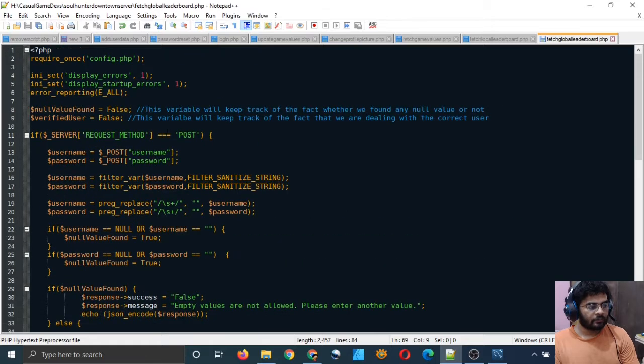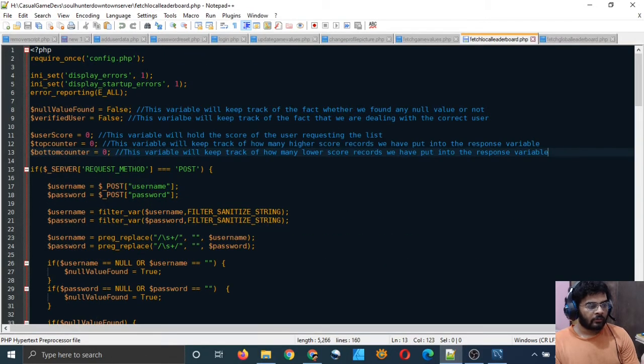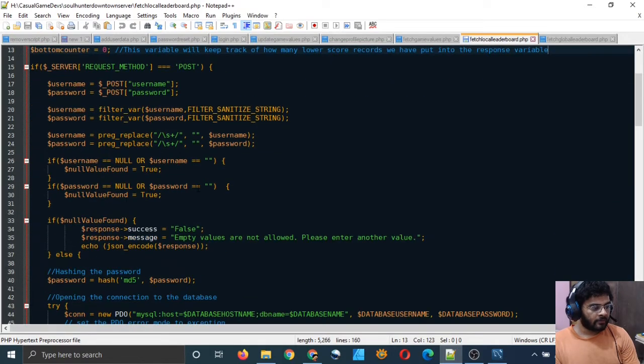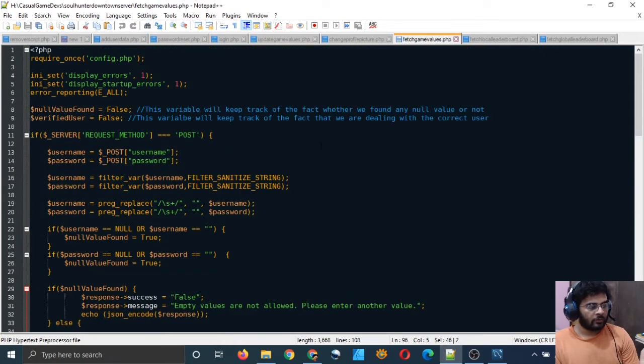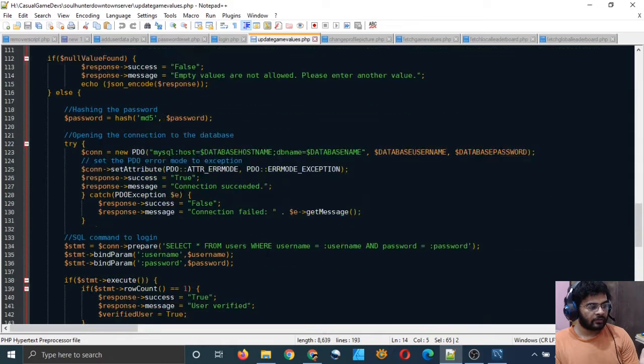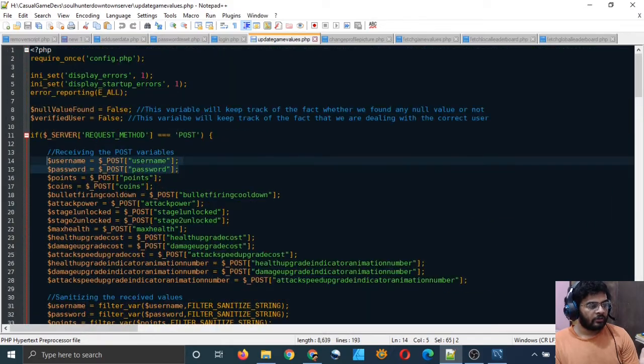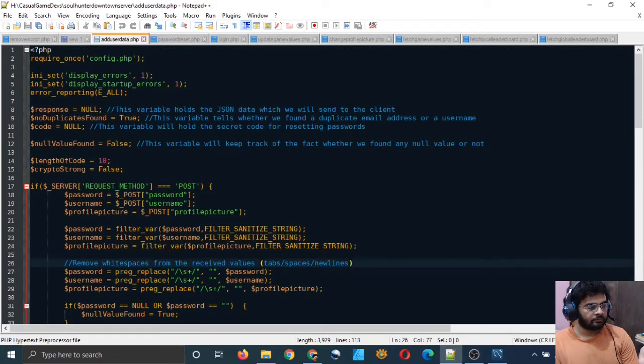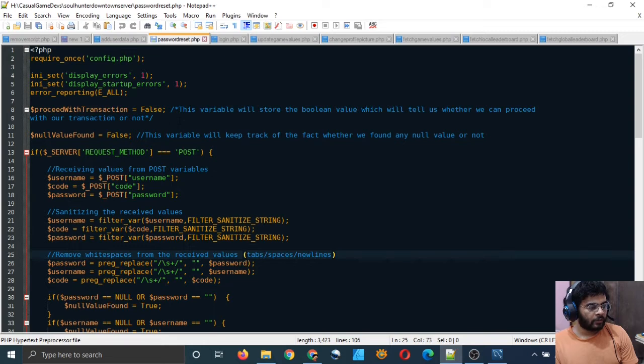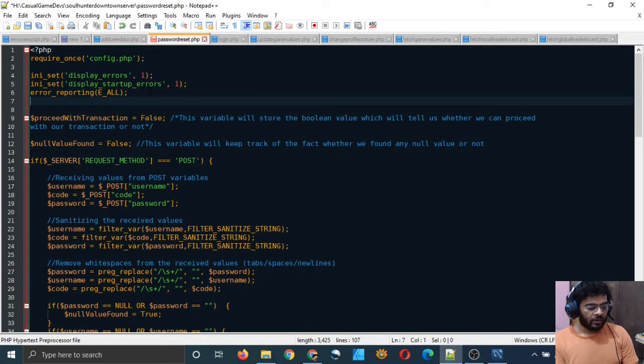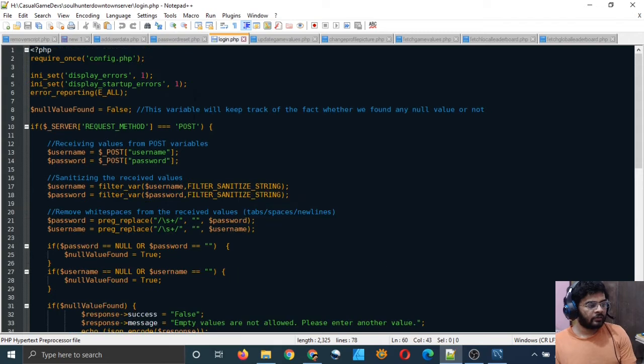So here, oh, we don't have our response variable. We don't have it here also. But since in PHP you can declare and define a variable anywhere, that was not a problem. But it's a good practice to put the definition of your variable at the very top. This response variable, I will just copy it and put it wherever it's not present, and it's not present in all the files.